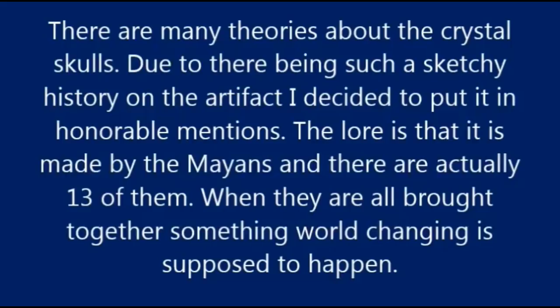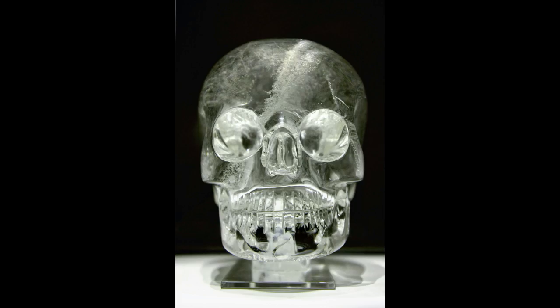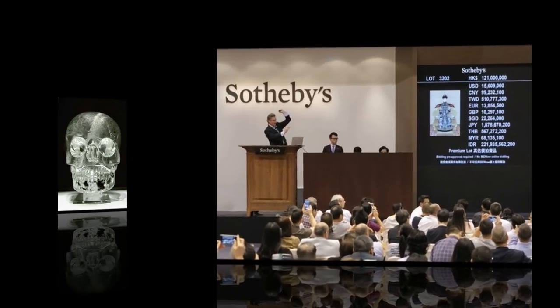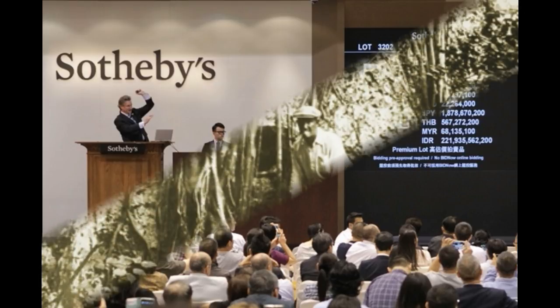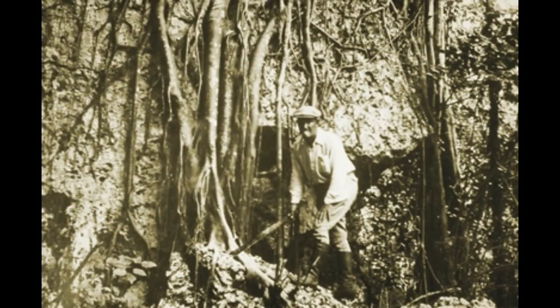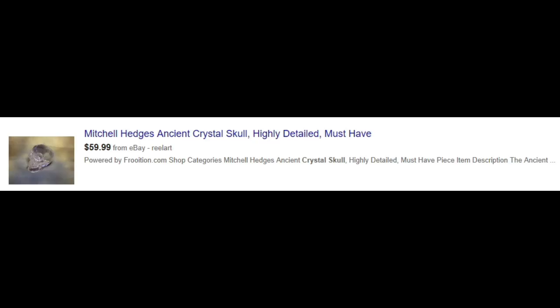As stated in this video, there is quite a bit of information out there disproving the reality of the crystal skulls, but there's always that one bit of information that comes out stating that there are real ones that actually exist. Don't get me wrong, the skulls are real, but more in line with being bought from Sotheby's auctions and then later being planted at an excavation site. Although, as mentioned, some do claim that real ones exist, but to date, none have been brought forward. You can, however, buy them on eBay right now for $60.